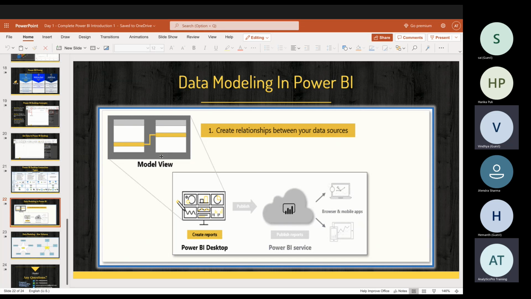Not just this, it comes under data modeling, along with a lot of other features as well. We can create calculated columns, time and date intelligence functions, and schemas as well. I spoke about the schema in the earlier session, right? We'll say that Power BI follows a star schema. So we also have the star schema enabled.